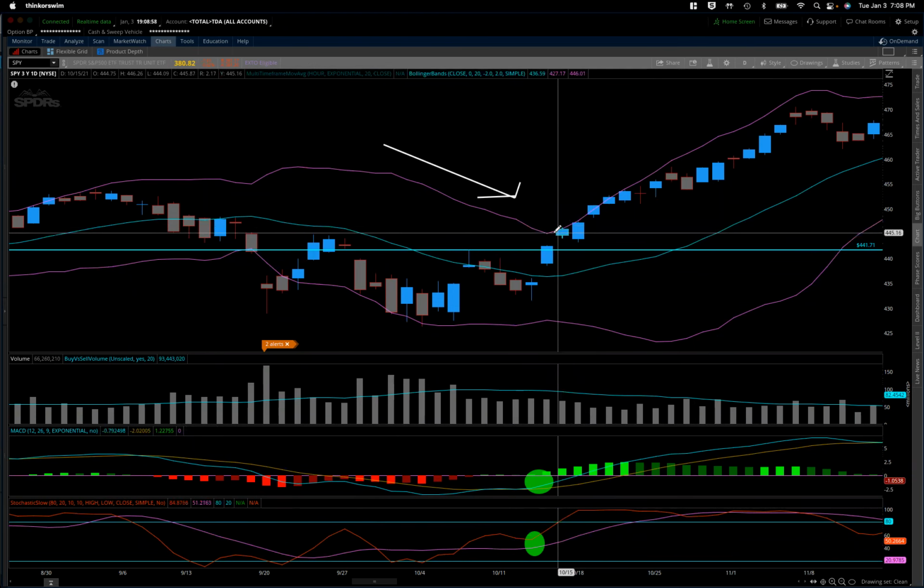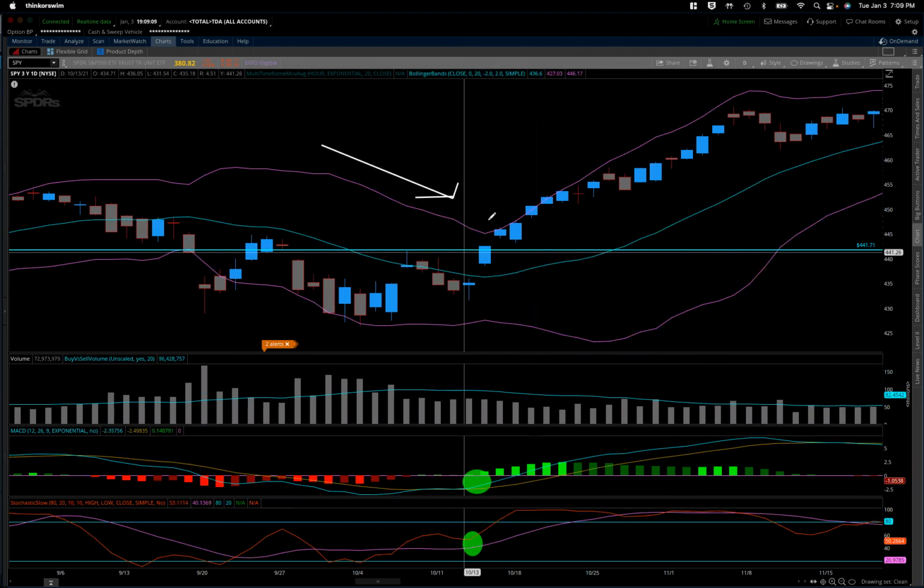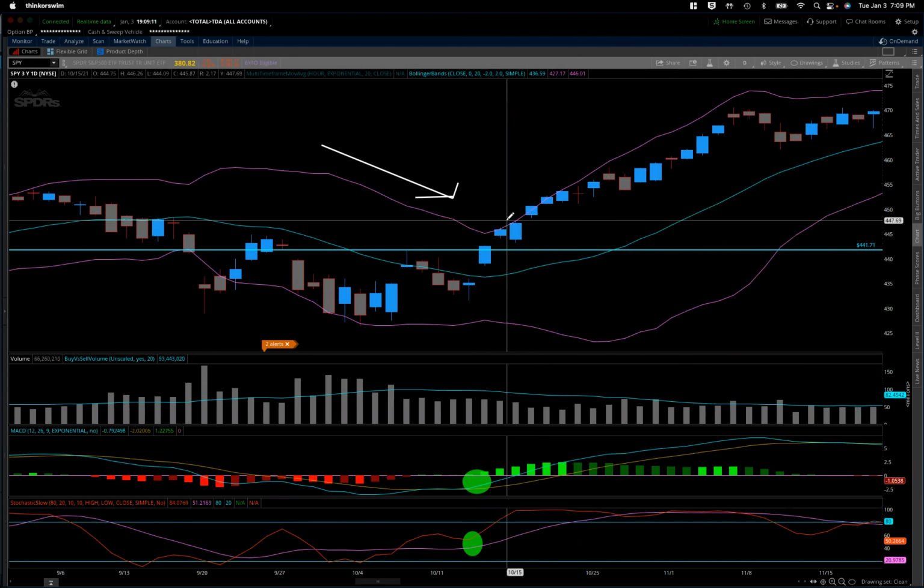And let's say you didn't long it there either, right? Let's say, okay, you're like, I still didn't want to long this, right? You didn't believe in it just yet. Then you see another follow through gap up. The MACD expands again. The Bollinger Bands begin expanding, indicating that the momentum is building in whatever direction the price